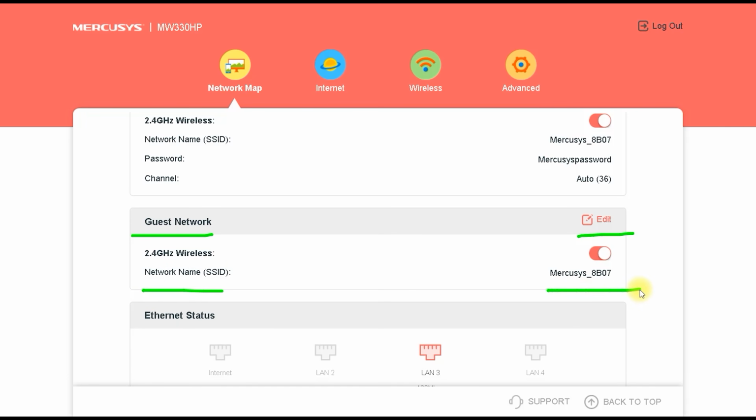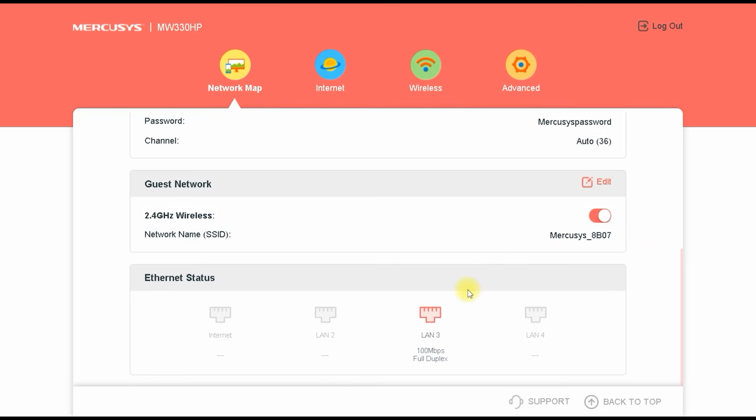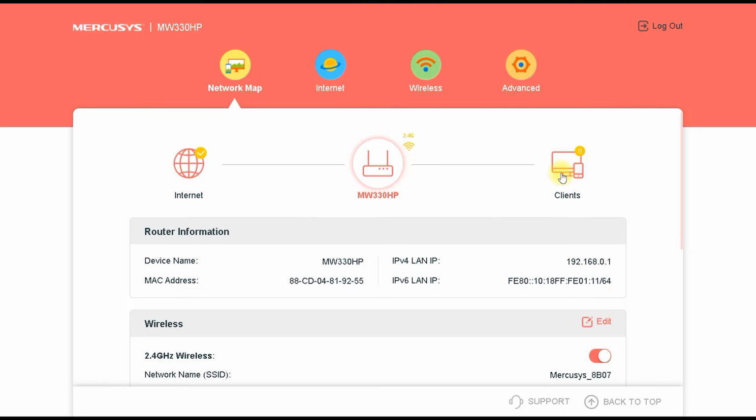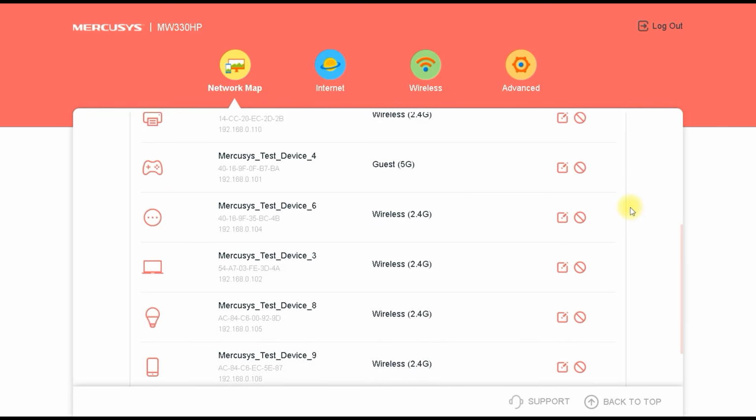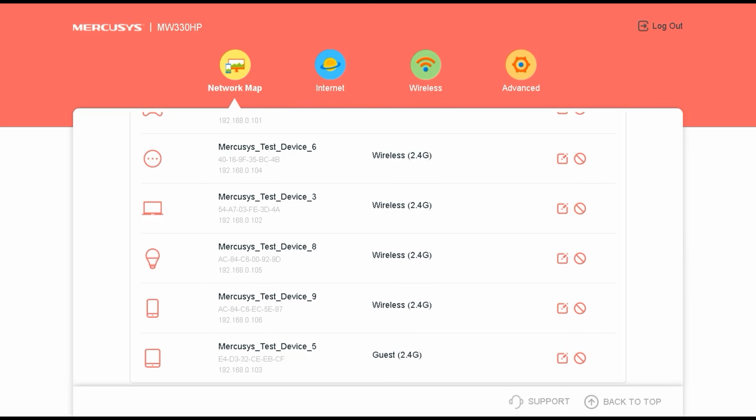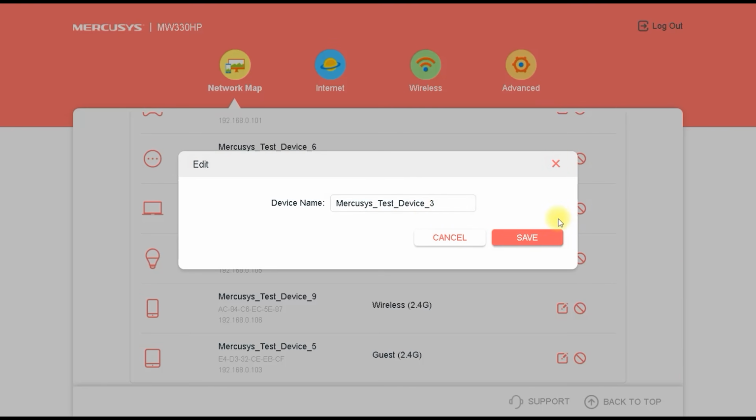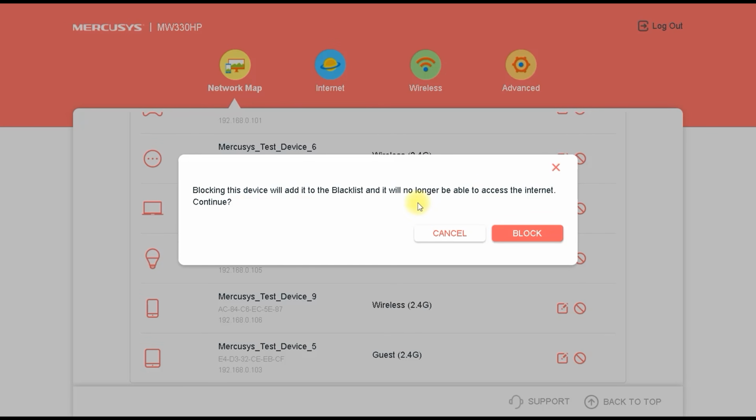At the very bottom, there's the Ethernet status section, displaying icons for the 4 LAN ports. You can see which ports are active. For example, one port might show 100 megabits per second full duplex. Now, if we scroll back up and click on the client icon, you'll see a list of all connected devices. From there, you can edit the device name or even block a device directly if you don't want it to